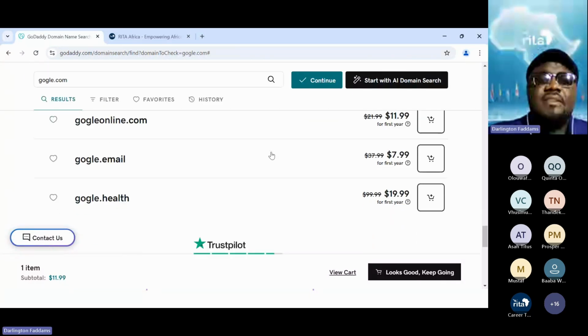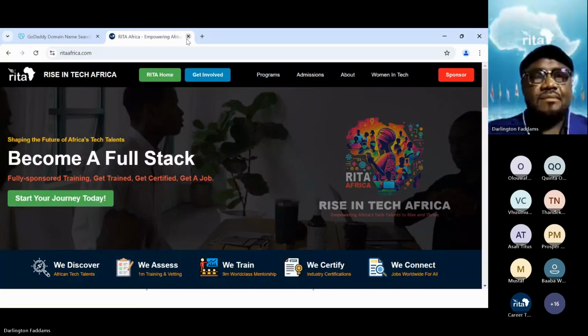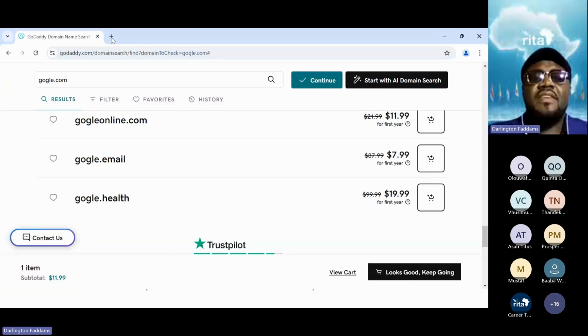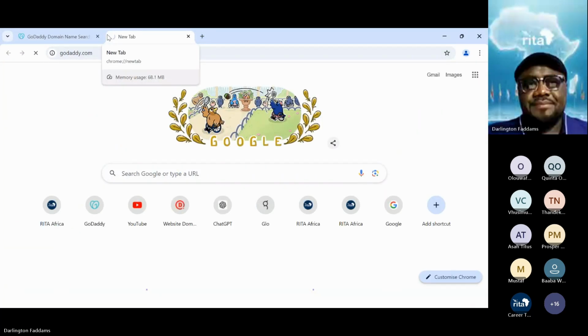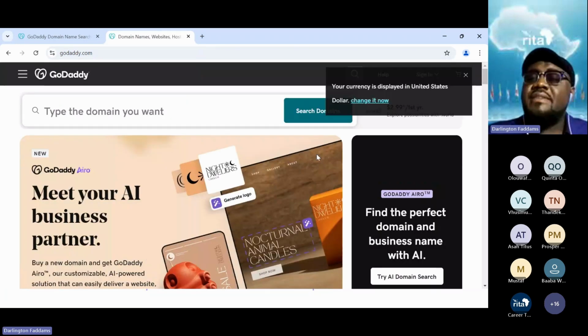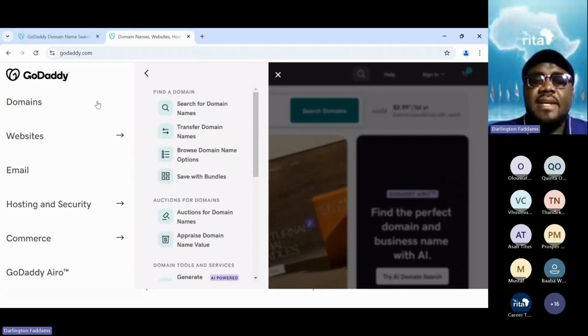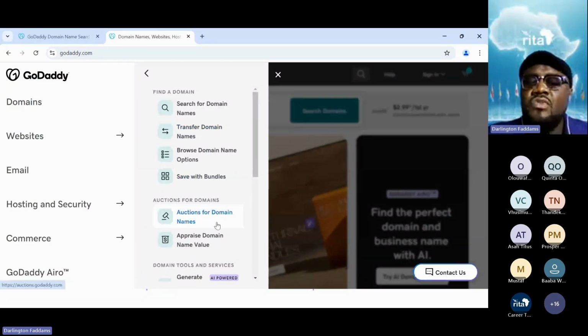What it means is, on GoDaddy, when you visit godaddy.com, apart from registering domain names, you can also come here under domains and say that you want to do auction business. You can see it here.